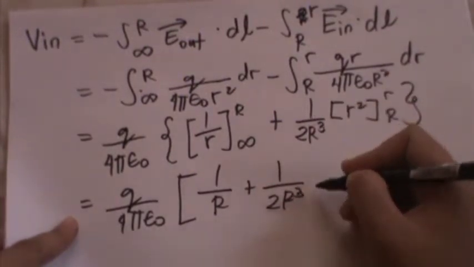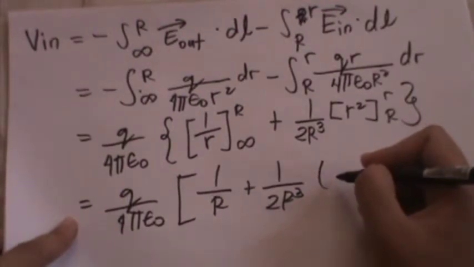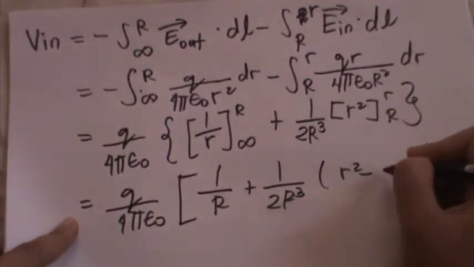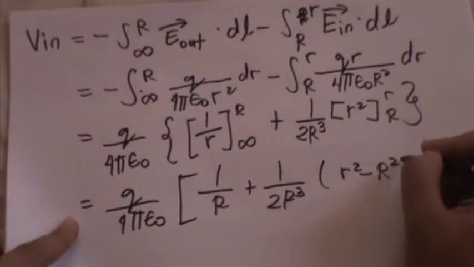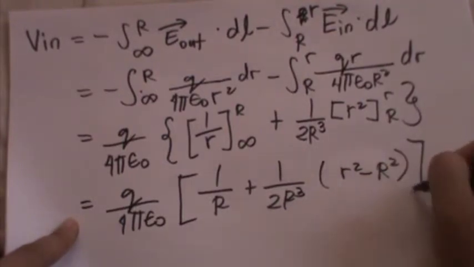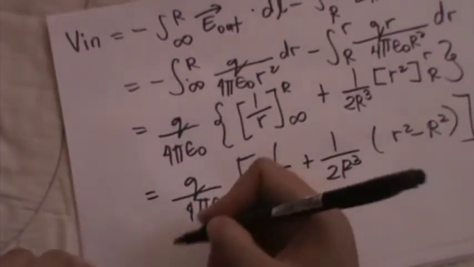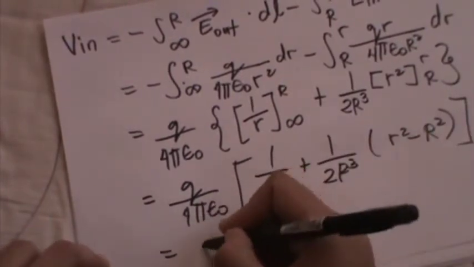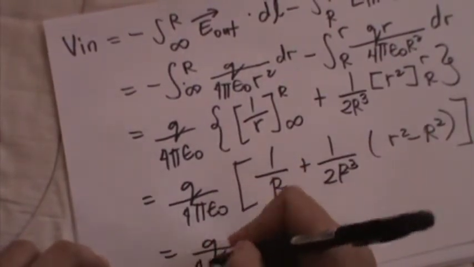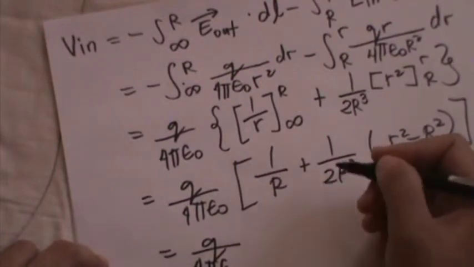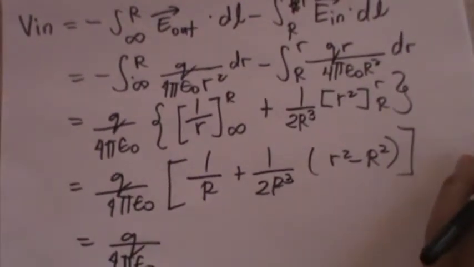And the potential here is R squared minus R squared, capital and minus. Next is to get Q over 4 pi epsilon naught. What should we do here? We will try to